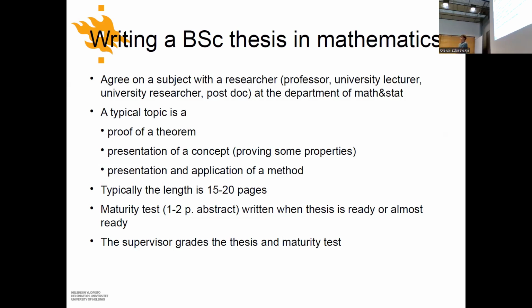So you can either choose a topic on your own. I had students coming to me with topics readily formulated, and I needed to just give some feedback and make sure that it makes sense, that it is reasonable for a bachelor thesis, and they will write on that. Or you can approach a teacher of your favorite subject and ask them to give a topic of their choosing to go deeper into that subject.